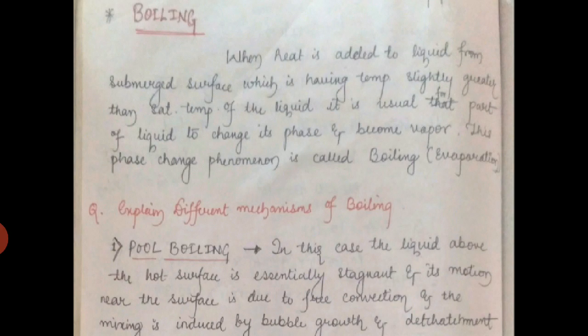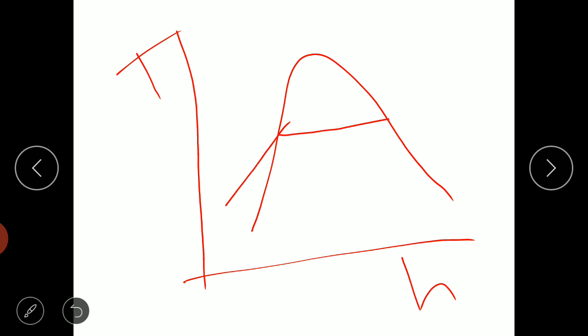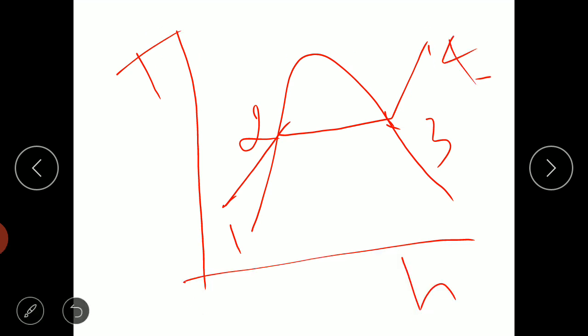Okay. So, before we proceed further, let us try to understand boiling with the T-H diagram. Maybe I will try to explain. I think you have learned this in your previous ATD course or previous semester courses. So point 1, point 2, point 3, we have point 4. Okay. So this may not be perfect, but try to understand the concept.